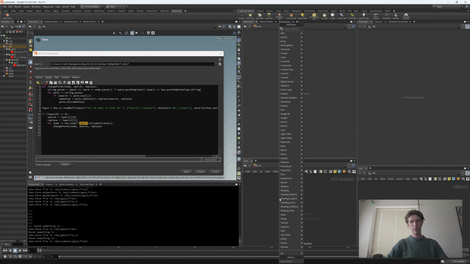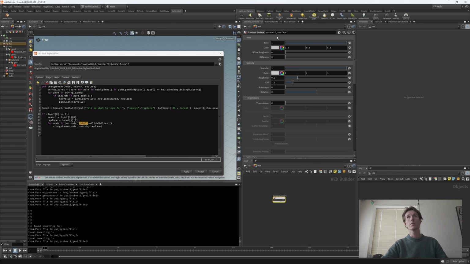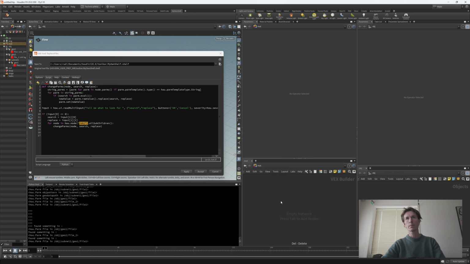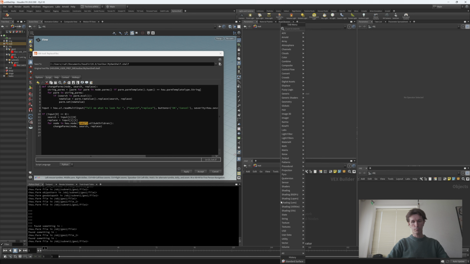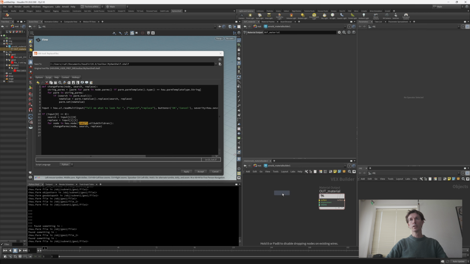If, for example, we have a standard surface here. Now I want to make not this one, I want to make a material builder, Arnold material builder, for example. If I'm going to use this one and I do a standard surface shader here,